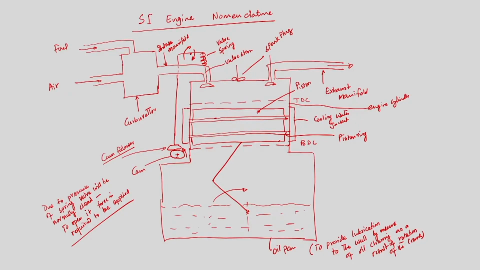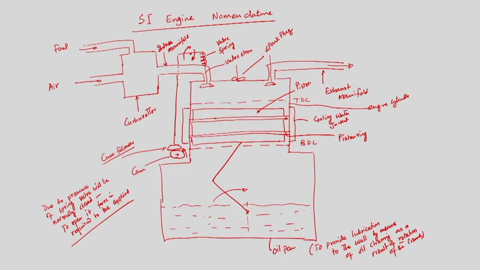So this is known as carburetor, because carburetor supplies air fuel mixture in a stoichiometric ratio, and it supplies air fuel mixture in the engine cylinder in a gaseous form, and there is exhaust manifold through which the combustion product comes out after the combustion. Now piston moves between 2 points, one is top dead center, another is bottom dead center, because the piston movement is restricted between these 2 points, and above the top dead center there is a space which is known as combustion space, of course.